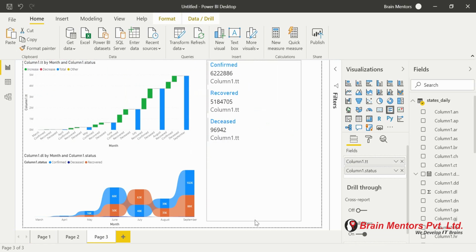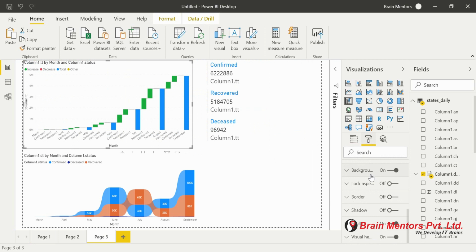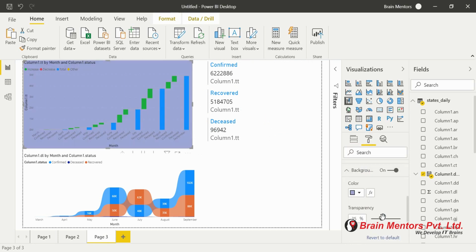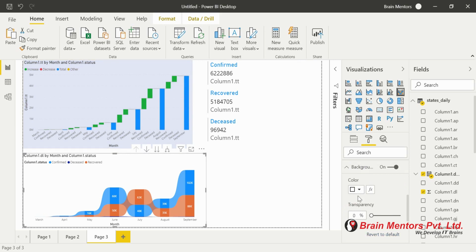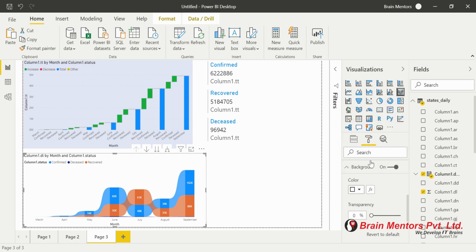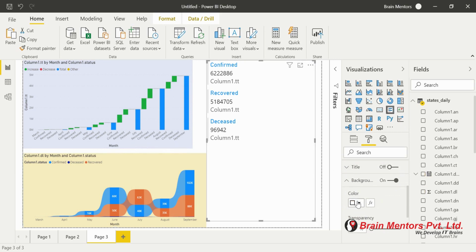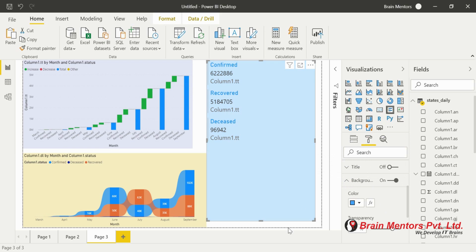Then I'm also going to apply basic styling on all the graphs. If I want to change the background color of my graph, I will go to the formatting part, the color, pick any color you want, and increase the transparency to make it look better. To all the graphs, I'm going to provide some coloring to make them look better. Let's pick this one again and increase its transparency. And finally, you can change the color of this multi-row card, pick whatever color you want, and also increase the transparency to make it more readable.